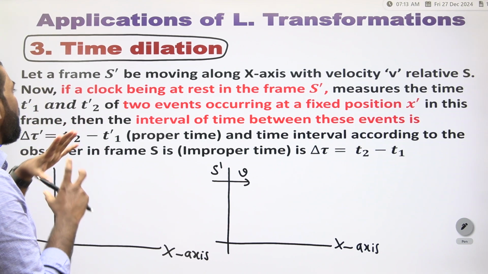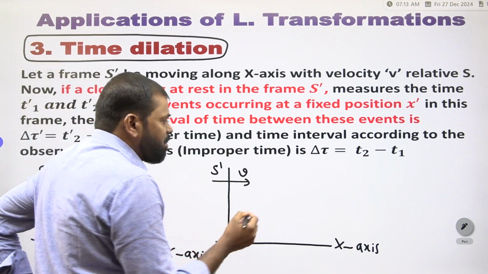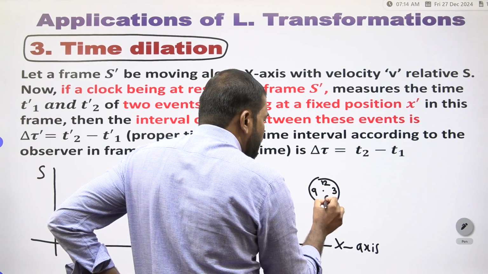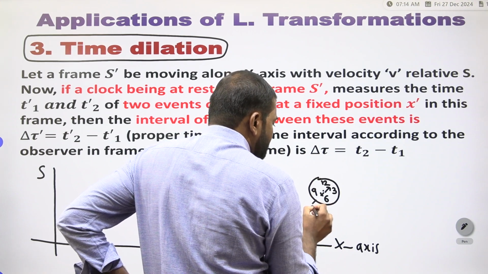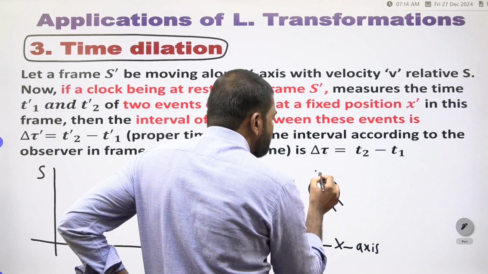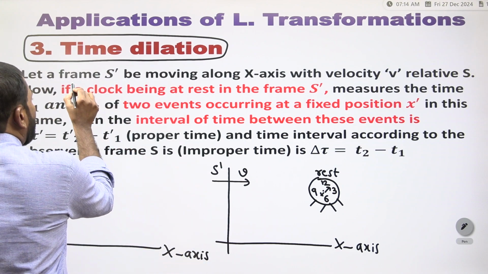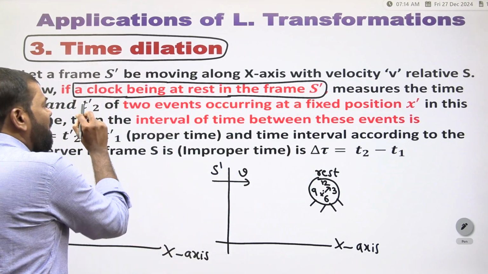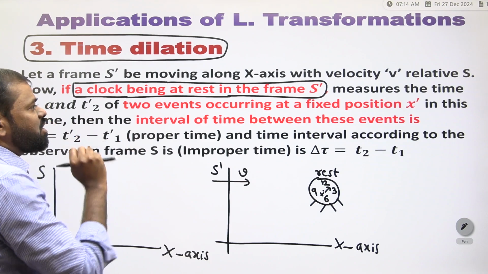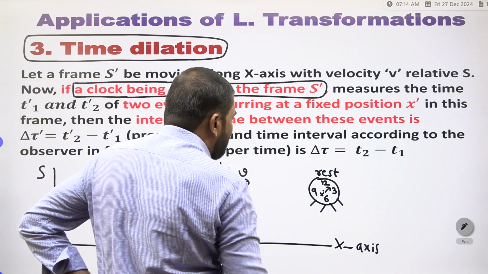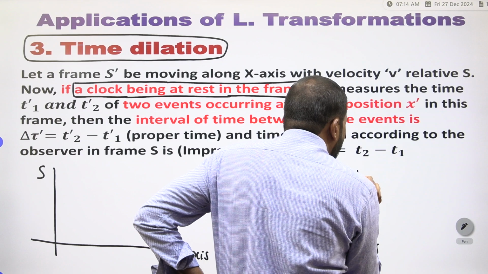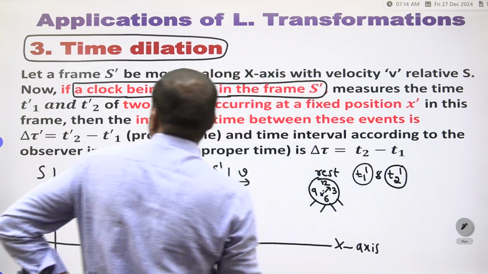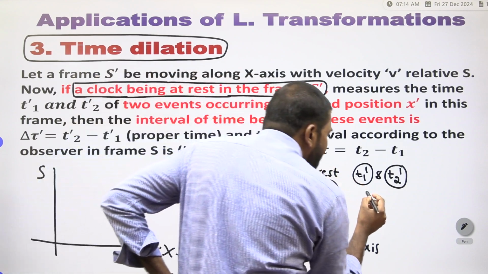Now, suppose you take one clock, and this clock is at rest in the S dash frame. If a clock at rest in the S dash frame measures the times t1 dash and t2 dash of two events occurring at a fixed position,